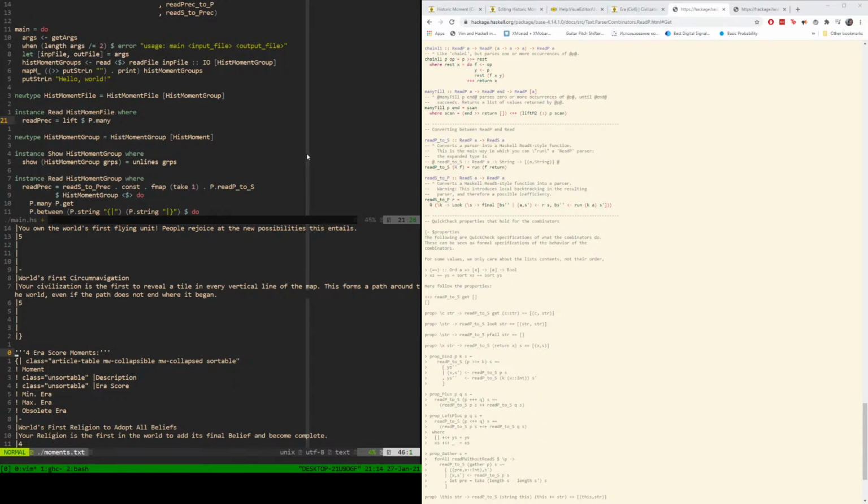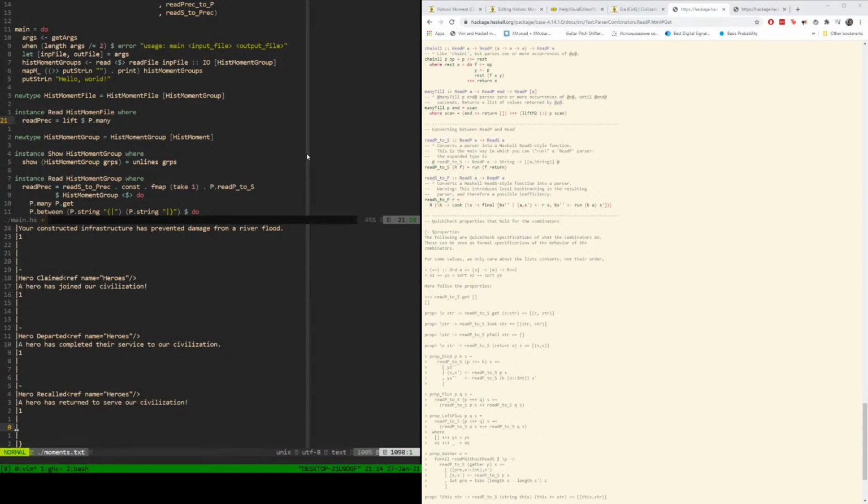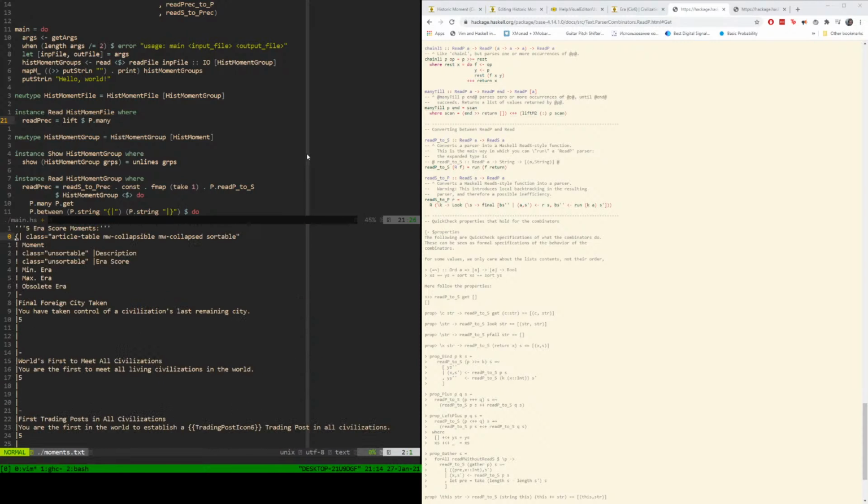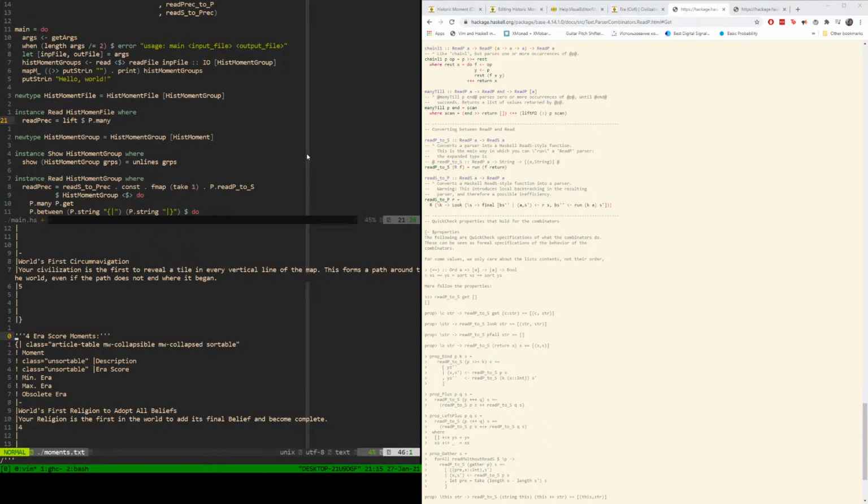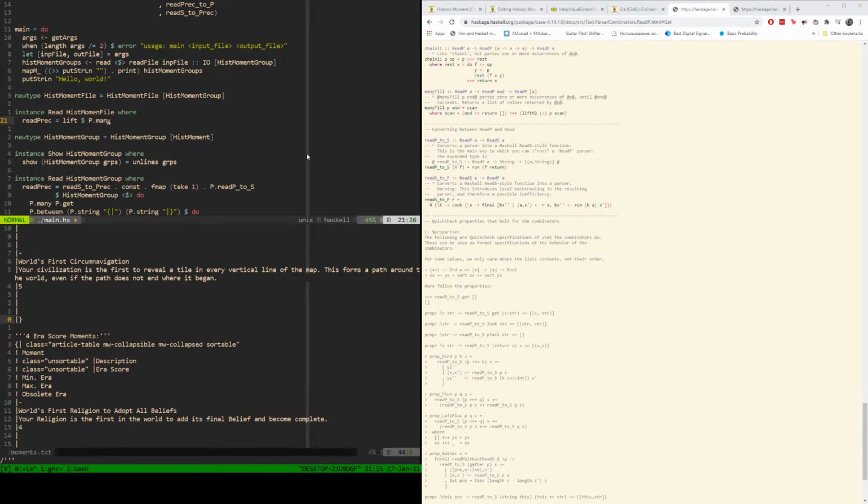So should be separated by a new line. I agree. It is separated by new line. But we can say